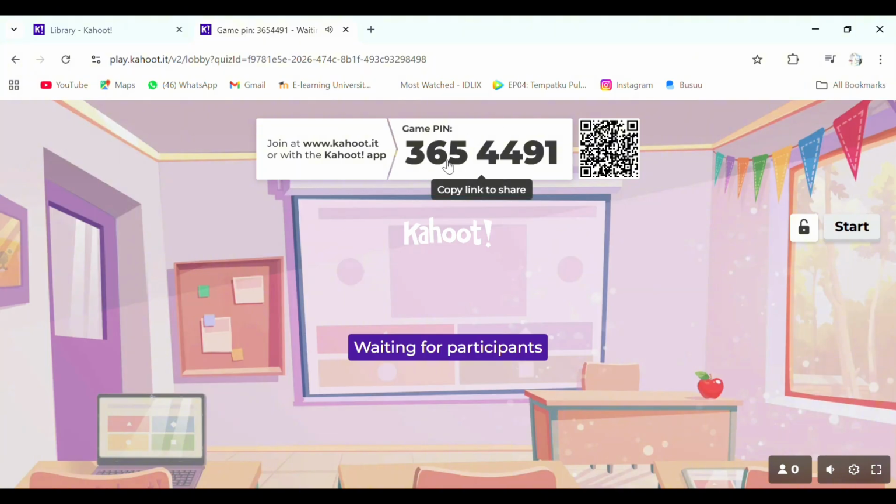So this is the pin. You can ask your students to open Kahoot it on their phone or laptop and enter that pin.